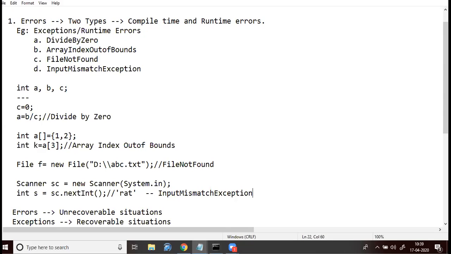So could someone summarize what is an exception? Yes. What is an exception? Anybody?